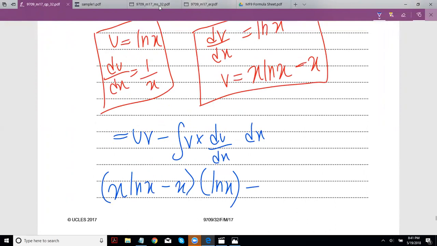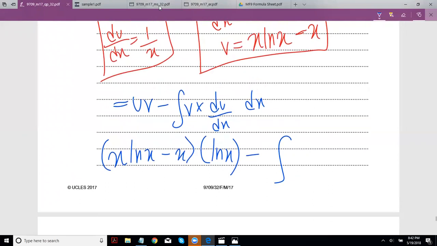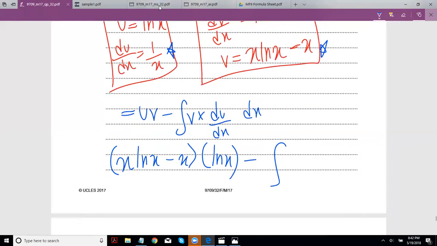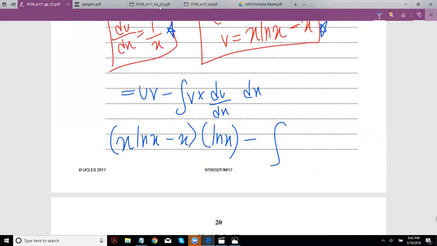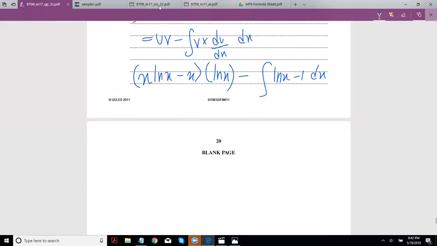Anyhow, minus, and you have to multiply v with du over dx and then integrate it. Since du over dx is 1 upon x, I'll just try to do this in my head. So you just multiply this. ln x into 1 upon x would be ln x, minus x into 1 upon x would be minus 1, dx. You need to integrate that. Let's just try to simplify stuff. So x ln,